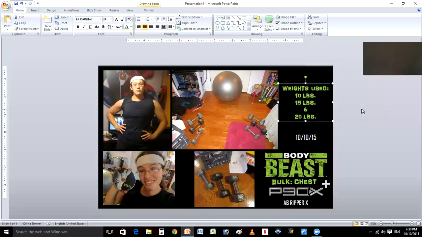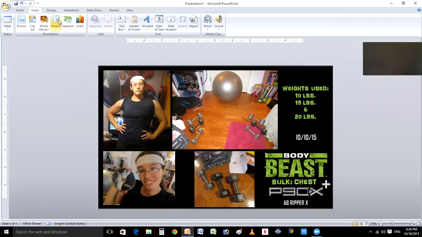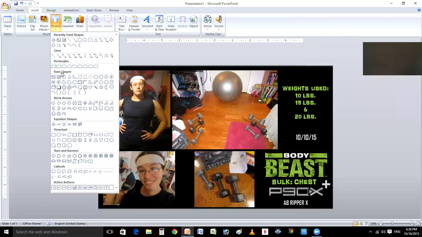Okay, now for the frame, to put a little frame thing around it, you're going to go back to Insert, back to Shapes, and over here in Basic Shapes, you have this cool little square. Well, they call it rectangle. It looks like a square to me, okay? But it says, oh, it says frame. Okay, I thought it was going to say rectangle. So you're going to choose Frame,